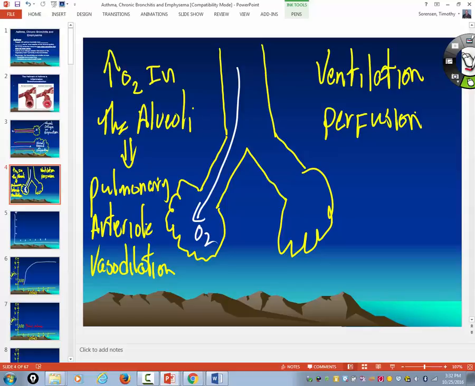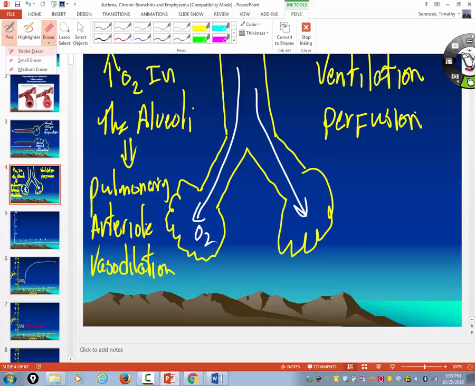And as we know, blood always takes the path of least resistance. So whatever alveoli you are ventilating, and we don't ventilate all of our alveoli, obviously you're not using up all your respiratory reserve at rest, whatever alveoli you're ventilating, you should perfuse. You should send blood flow to. And of course that makes sense. So if you look here,